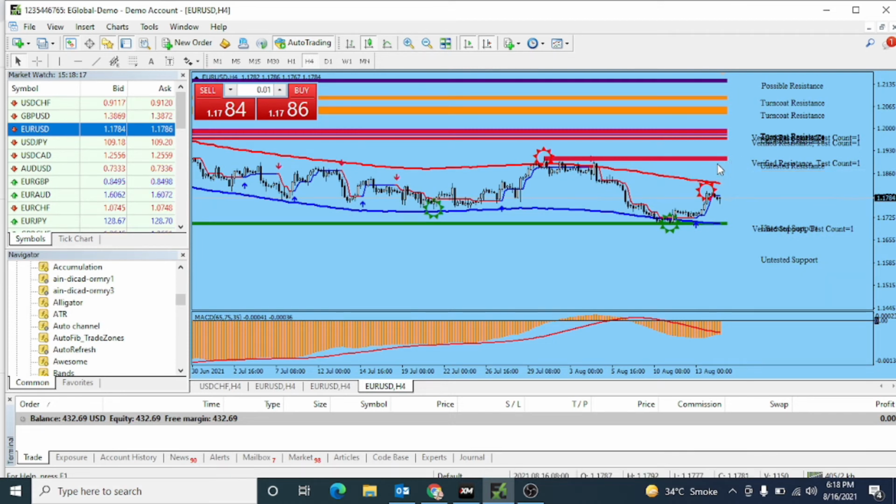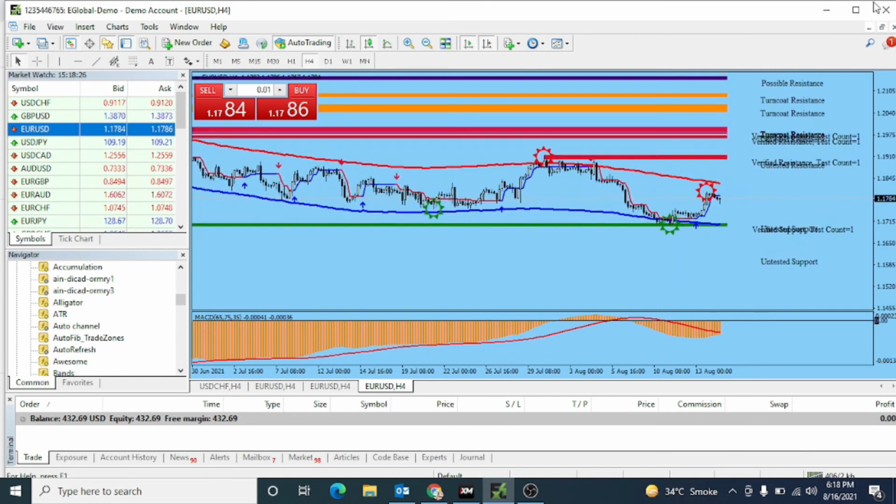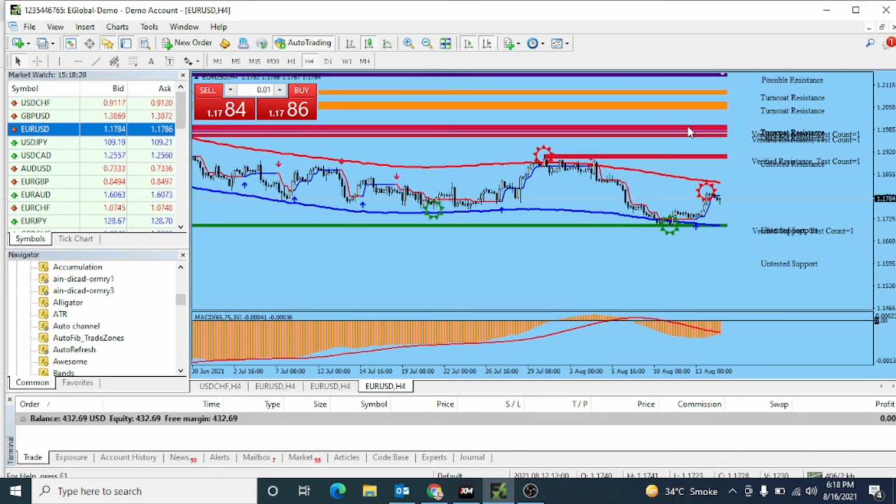Then this is a little bit strong resistance level, this is the medium strong resistance level, and this is at the upside. For example, if the market goes up and touches this level, this is also a strong resistance level, and you can follow this because at this point the probability is that the market will go down. So it's very easy. You can do the best manual trade with this indicator.